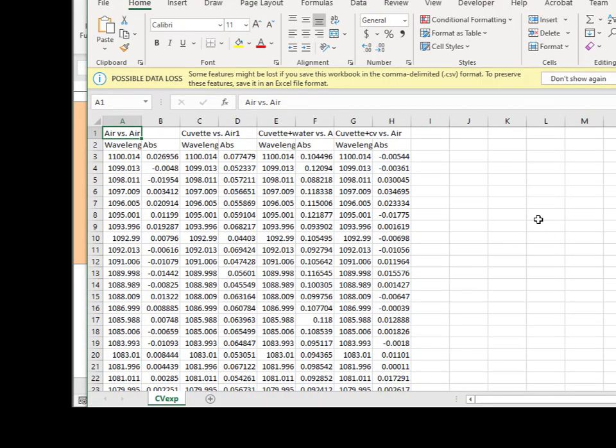cvexp.csv. I'm going to open that, and here there's a flag to say if I want to save this data, I need to change the format. I don't actually want to save it. I'm just going to get the data on the crystal violet, and I'm going to cut it right out here. So I'm going to go over, I'm going to highlight here. This is wavelength and absorbance for the QVAT plus CV versus, should say versus water, or if not, then there's